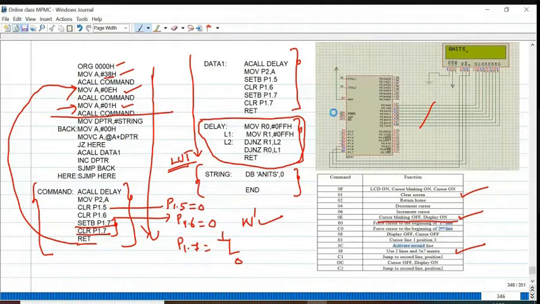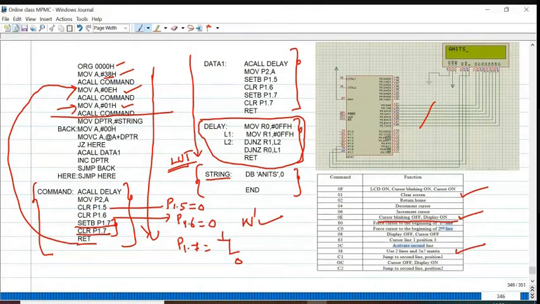Next, what do we have to do? We have to read the data from the lookup table. The starting address of the lookup table is labeled by string. Now, so far we have loaded 16-bit data into the DPTR, but this method is also allowed.